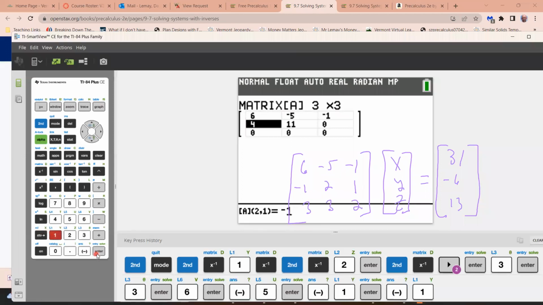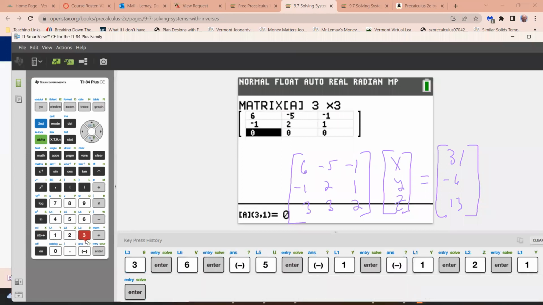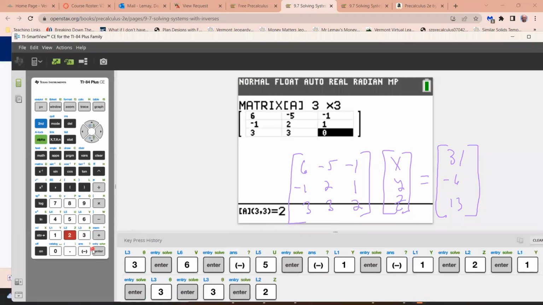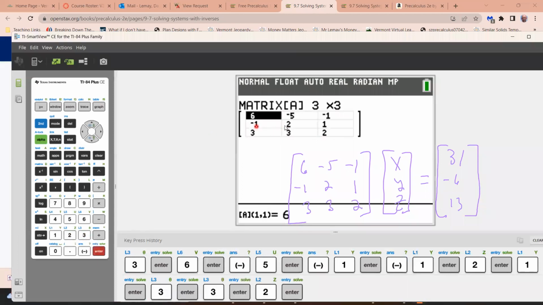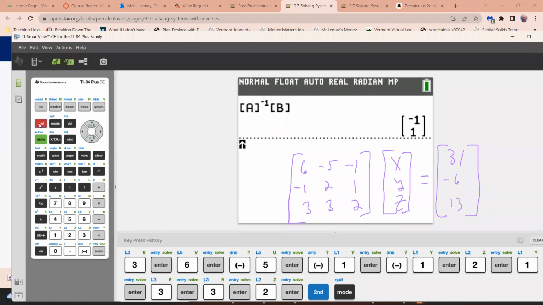-1, 2, 1, then 3, enter, 3, enter, 2, enter. Okay, now let me double check, make sure I've got everything typed in right. Well, I don't see an error. I'm going to quit this. Second